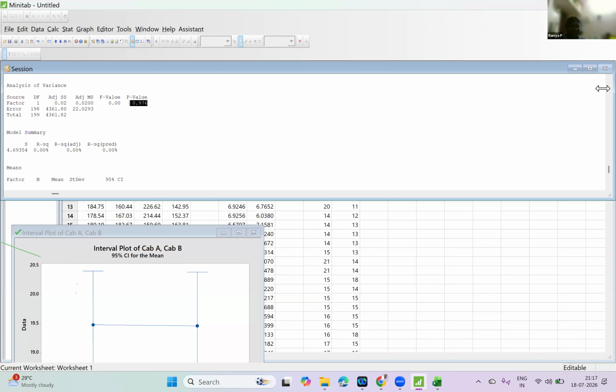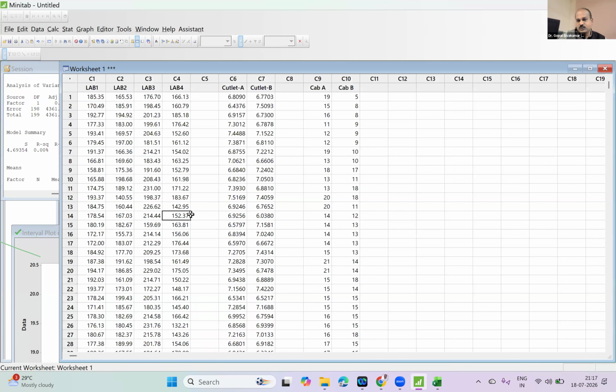Is it correct? Is it a case of ANOVA? It's a case of ANOVA. It is also a case of two sample t-test. The same cab agent problem, I want to do it as a case of two sample t-test. Shall I do it? See here, cab agent A, B. Similarly, cutlet A, B. This is also a case of two sample t-test, but this is definitely a case of ANOVA only because there are more than 2.